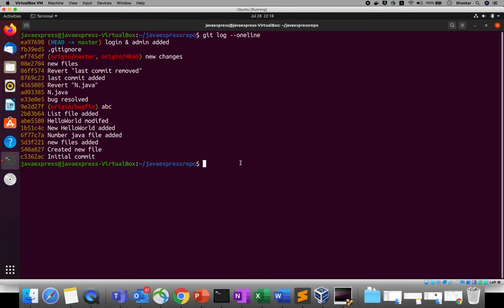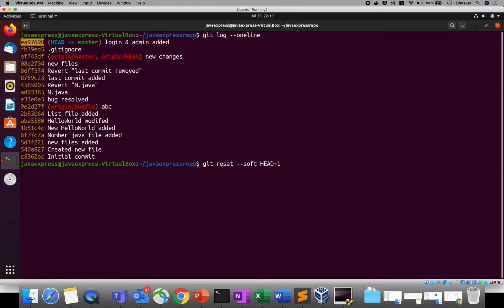Now if you want to revert from your local repository back to your staging area, what do you need to do? You can use git reset --soft. If you use the soft option, you need to type HEAD, under which commit you want to revert back. You can assume commit 1, commit 2, commit 3. In that way you can use HEAD~1.